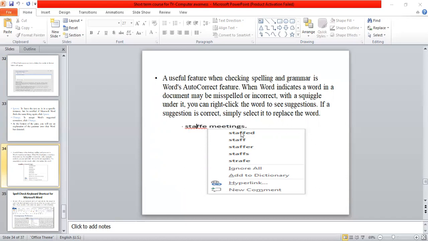राइट क्लिक करोगे तो आपको ऐसे कुछ सजेशंस आ जाएंगे एक बॉक्स में, आपको सिर्फ क्या करना है, you have to just select the right word to replace that wrong word, मतलब स्टाफ मीटिंग, तो स्टाफ में आएगा तो स्टाफ आ जाएगा, STAFF स्टाफ मीटिंग, तो आप सिर्फ उसके ऊपर क्लिक करो, अपने आप वो स्पेलिंग मिस्टेक करेक्ट हो जाएगी।